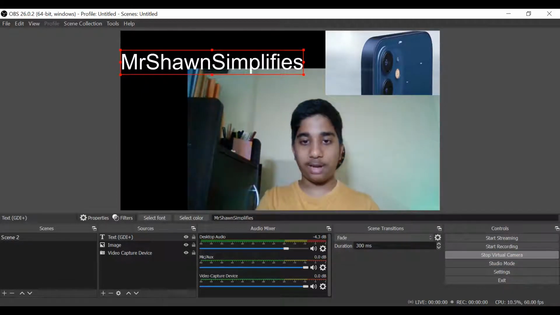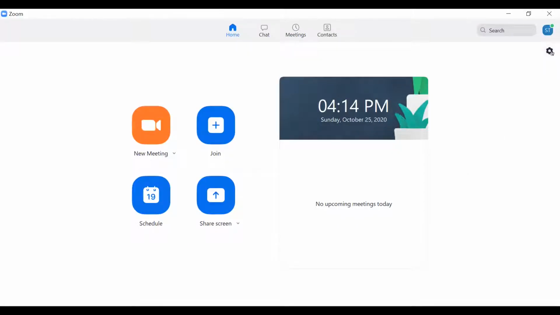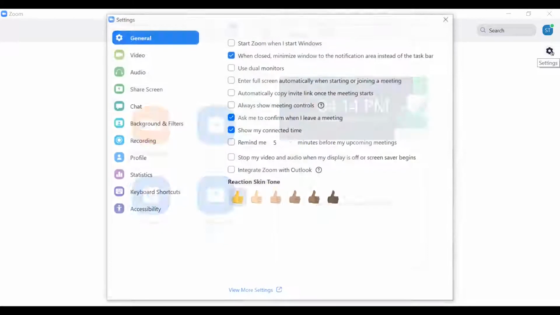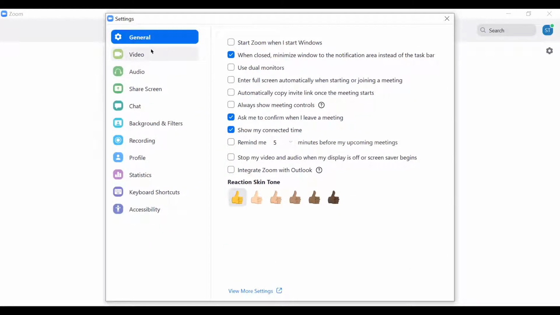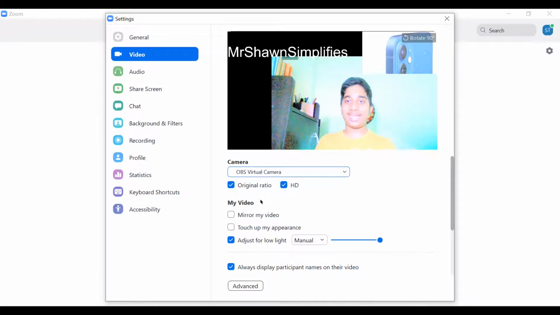So that'll start the virtual camera, and now we'll go back to Zoom, and then we'll go to settings, and we can go to video. So here now, as you guys can see, HP True Vision HD camera, which is my normal camera, is not working. But you'll see another camera here, which is called OBS Virtual Camera, and when you click that, you'll see the text, and you will see the